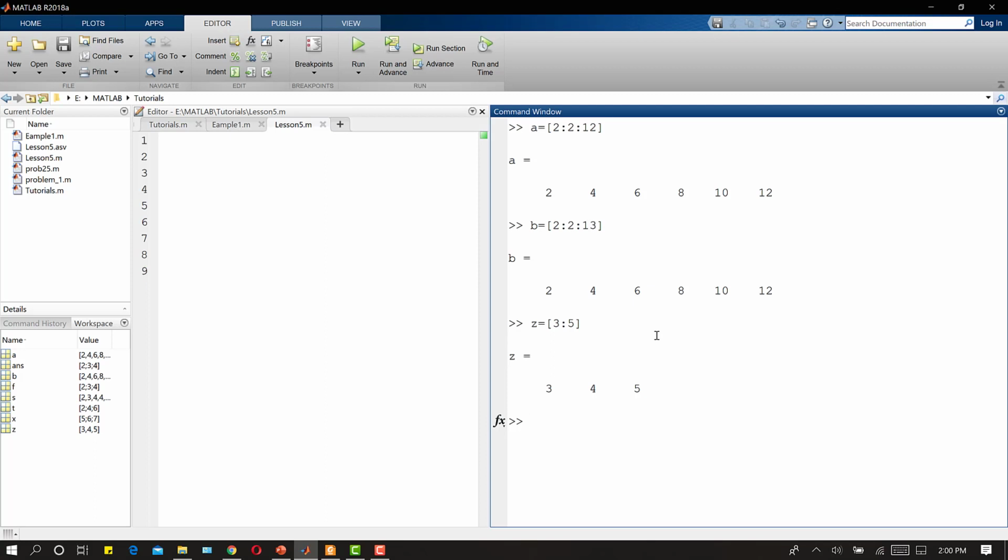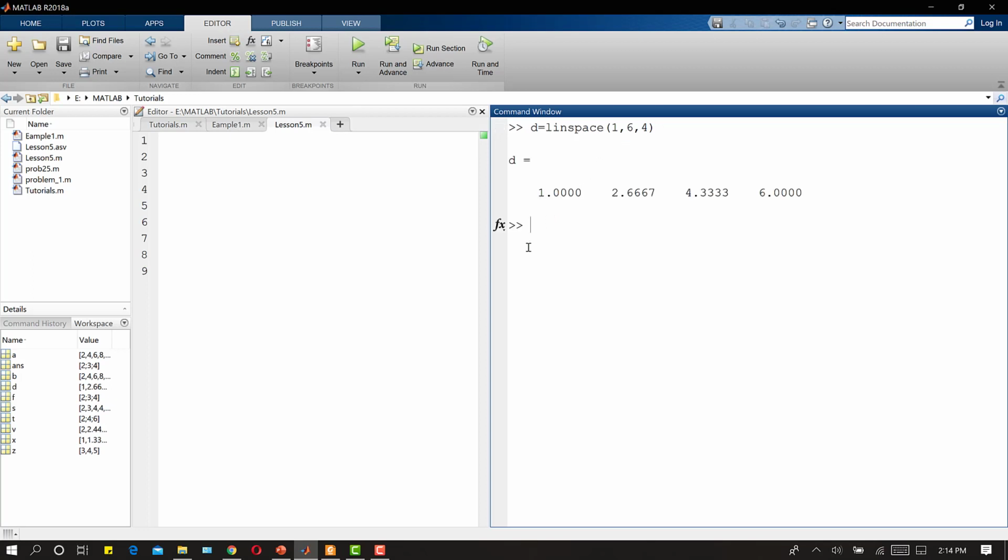Then there is another function in MATLAB with which we can enter a row vector as well. Suppose I write a row vector D in which I want the first element to be 1 and the last element to be 6, and I want 4 elements between 1 and 6. So I can write linspace. 1 is the starting element, 6 is the final element, and 4 is the number of elements between 1 and 6.